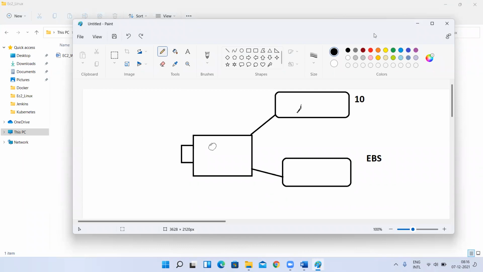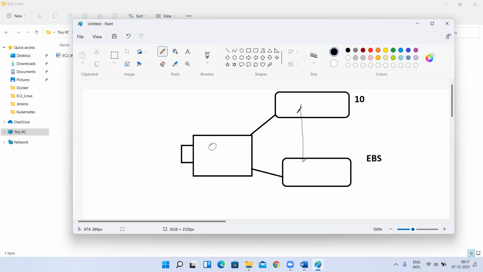That is nothing but a file system. To store the folders, subfolders, and files in a proper structure, we need a file system here. So first we have to create the file system, then create a mount point, and then mount it. Understood, guys?